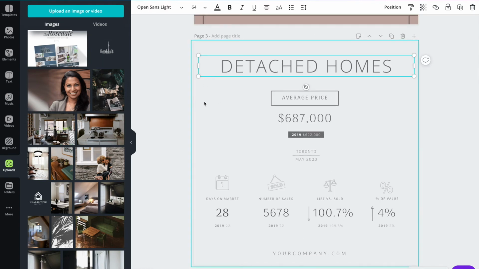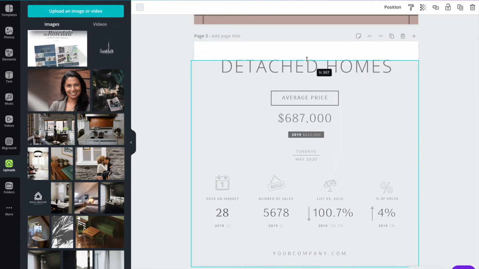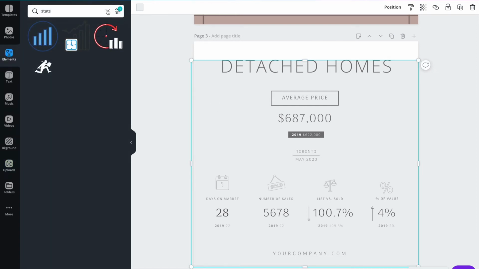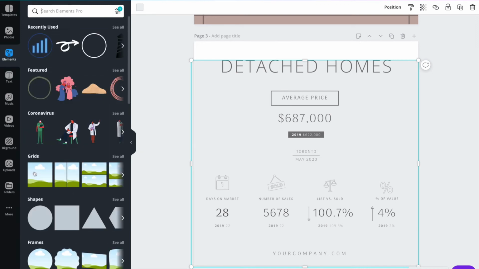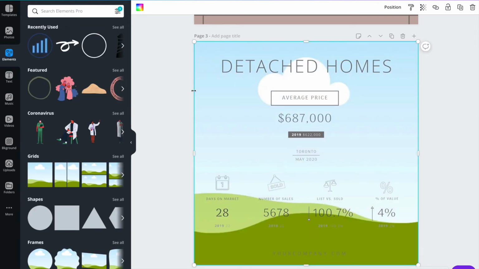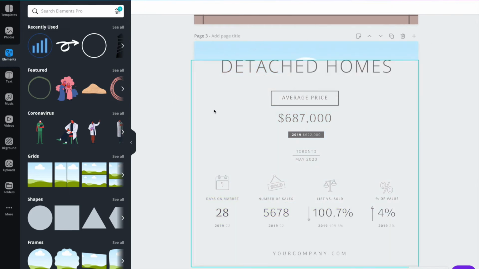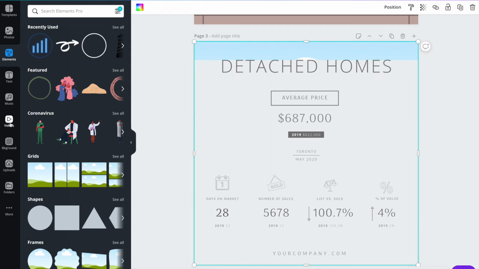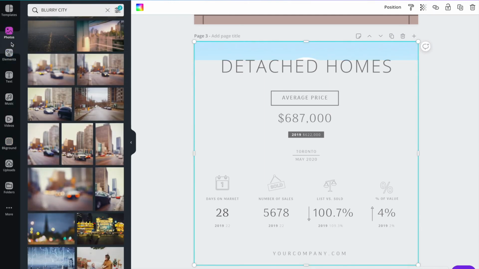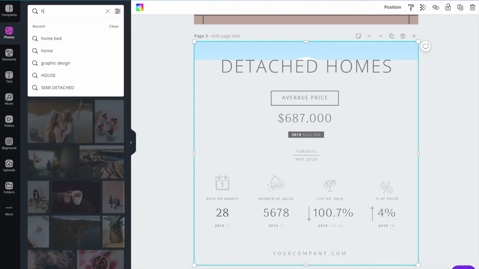But if you like that look, you can go ahead and just move this top square out of the way, head over to Elements, make sure nothing's written in here, and you'll see grids. And then you just click on the grid. Okay, click on the grid, and what that does is it allows you to bring your photo into it, but it's sitting on top of my overlay, so I'm just going to position backward so that I can see the overlay box. Then I'm going to go to Photos and type in Home,